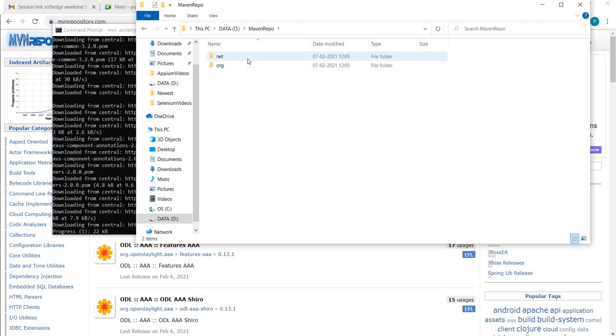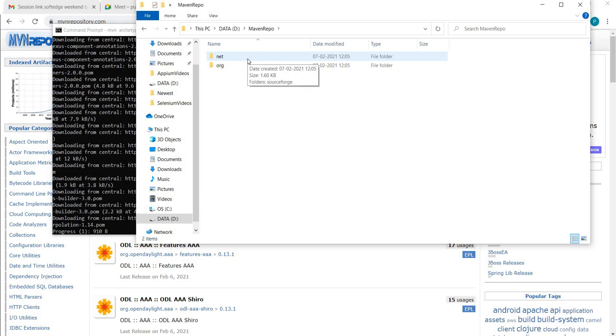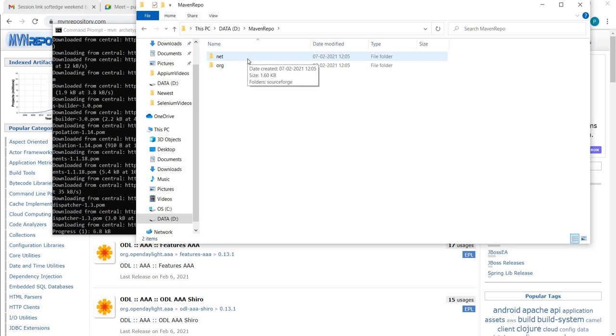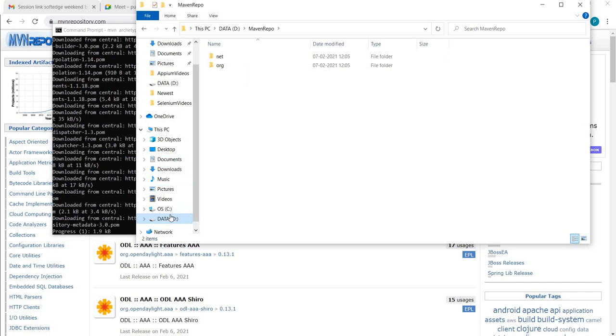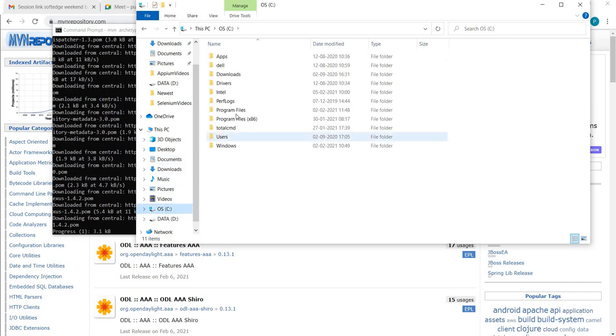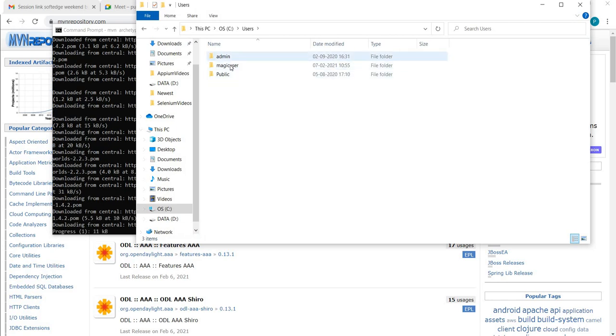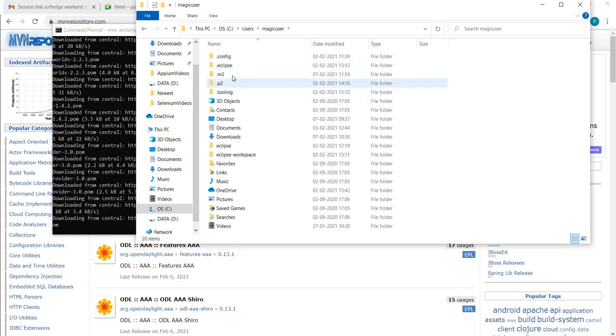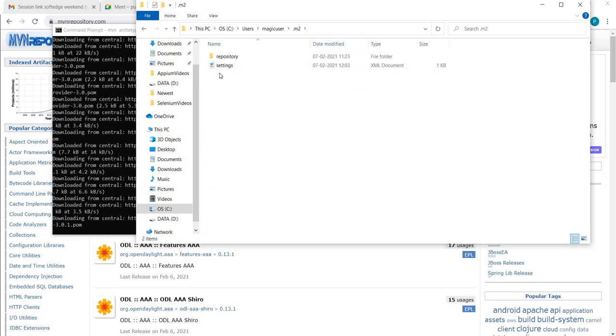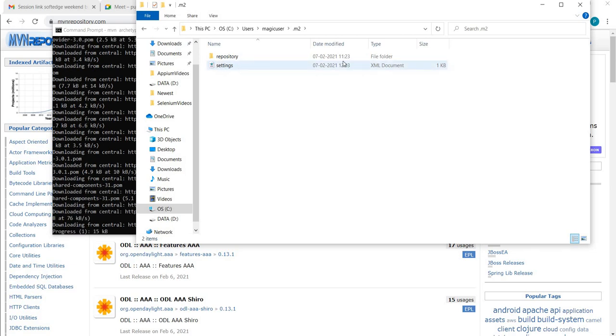So we can change the location of our local repository if we want to, and for that we need to define this settings XML, which we need to save in our Maven's installation directory with the name settings.xml, right?